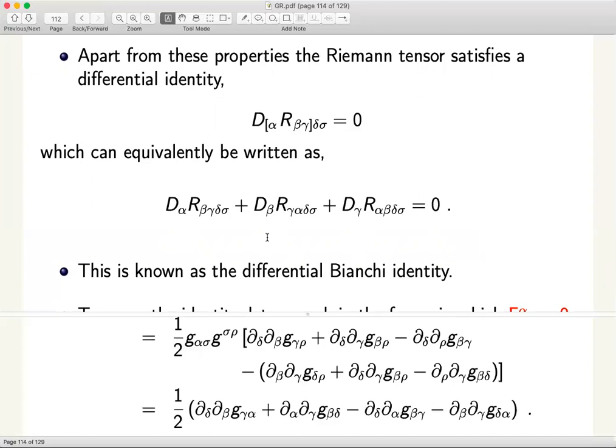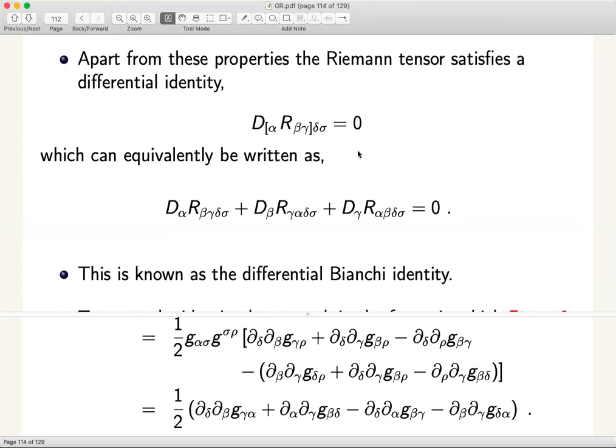What is important is a Bianchi identity of this kind, which of course we have studied even in electrodynamics: epsilon mu nu rho sigma del mu of F rho sigma equals 0, which was a statement that there are no free magnetic monopoles. This identity is in that category, as against the other one, which was an algebraic relation and restricts the number of components.